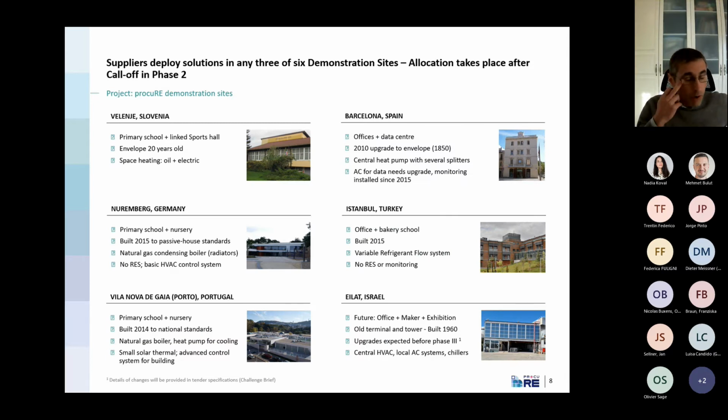So once more, offices and schools, these are the specific buildings that by the end of the project the winning bidders are going to retrofit. On the left you see schools, on the right you see offices, even though in Istanbul we have a mixed use building which is offices plus a school, so to say. In this initial phase, however, what we would like you to do is to forget about these initial buildings, and this is because we would like to compare